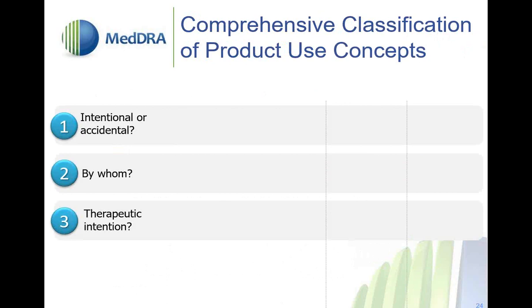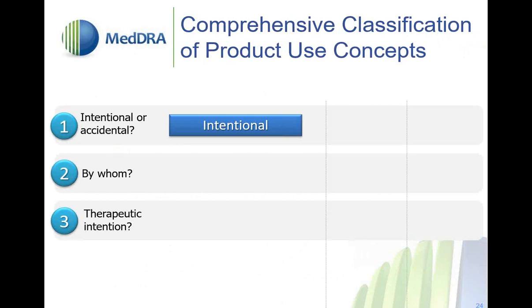Now, in order to approach our exercise today, I'm going to give you a little decision tree chart on how to organize your thoughts and arrive at the correct code for each of the things that happened in this particular exercise. So here's a little mental decision tree. There are three aspects to look at when you are given some type of medication error scenario. Is the event that's happening intentional, or was it accidental? Right? So intentionality should be looked at.